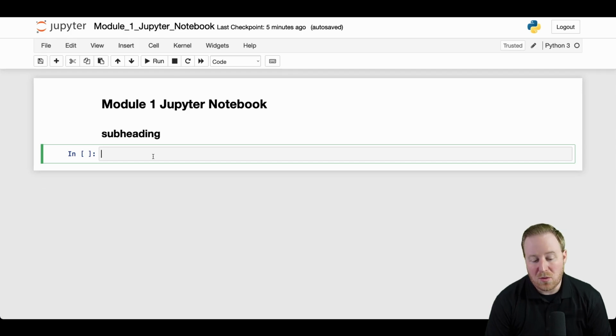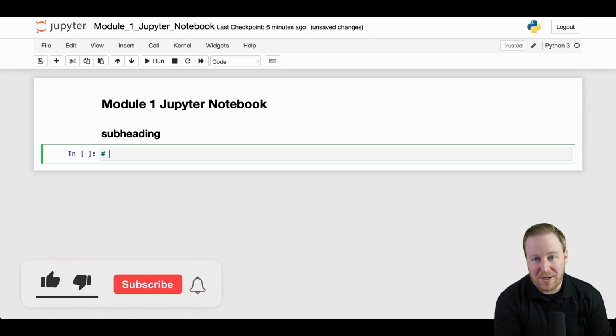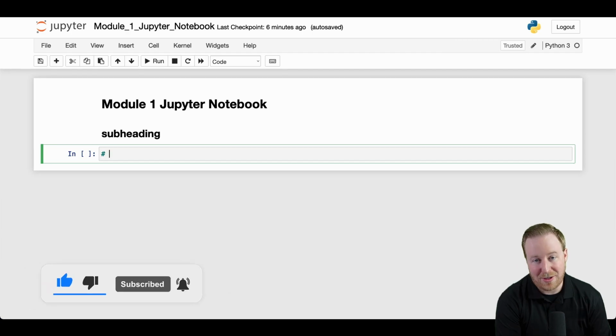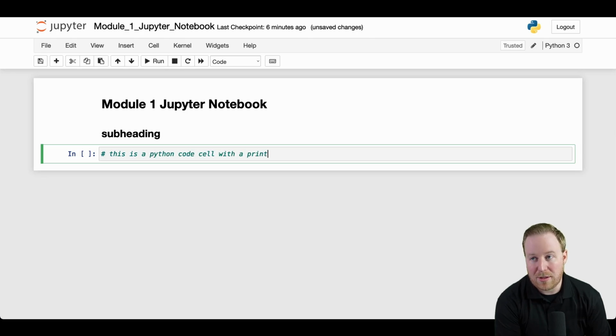So to wrap up module 1, let's go ahead and write and execute our first line of Python code within Jupyter Notebook. First, make sure the newly created cell below your Markdown is set to a code cell. We can see here, if we select it blue, it is a code cell. Next, inside of this, let's type the following line. We're going to write what's called a comment, which we'll talk about in the next module, but we use a hashtag for comments in Python code, and a hashtag for headings and subheadings in Markdown, so I know it's a little confusing. We're going to write here the comment, this is a Python code cell with a print statement,